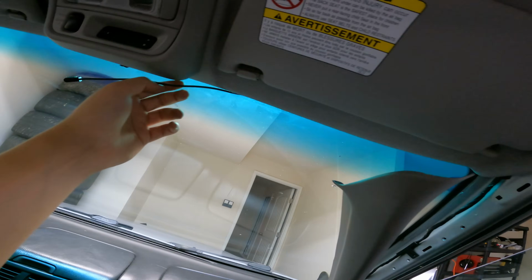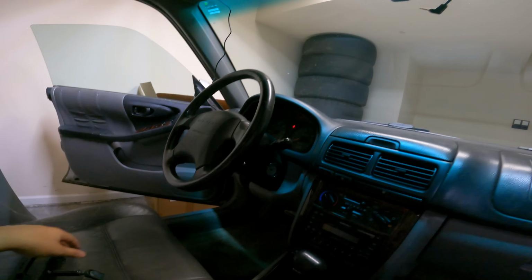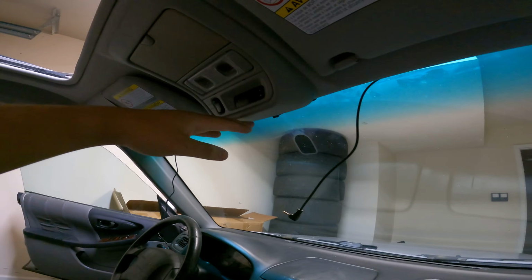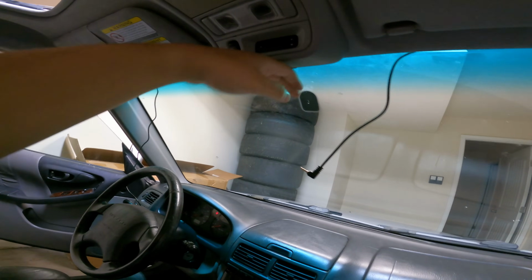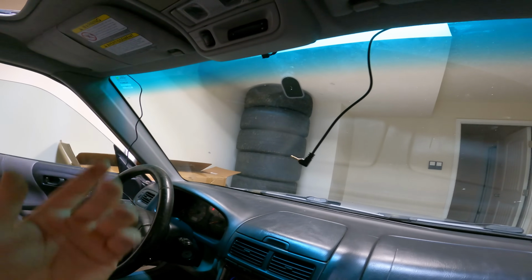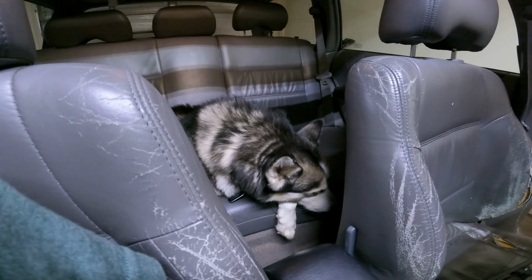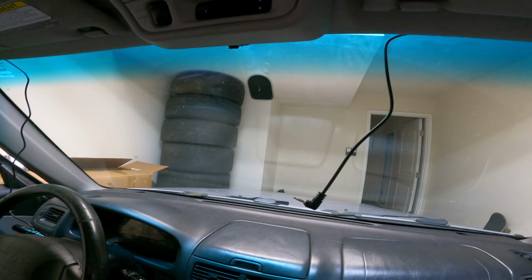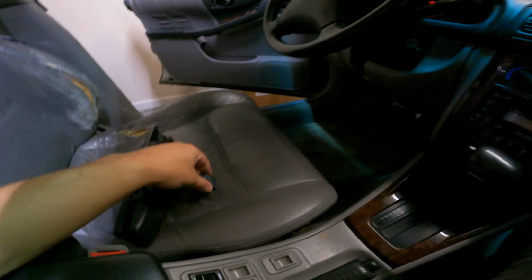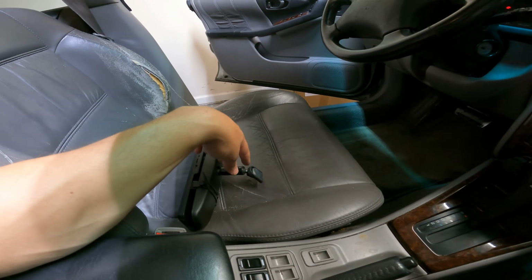It's more slack, but the issue with the Forester is that we've got this piece that hangs down. When I was trying to adjust the mirror, the plugs were hidden up against this, so I couldn't adjust the mirror, and I was looking down at Nico back here who's taking a nap. That's where the rear view mirror was facing. So that's an issue. What I'm going to do is remount the mirror with this kit,